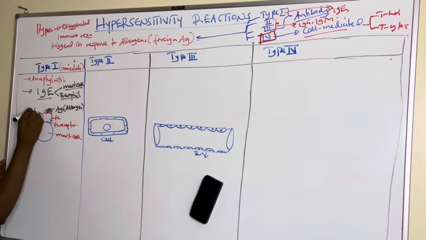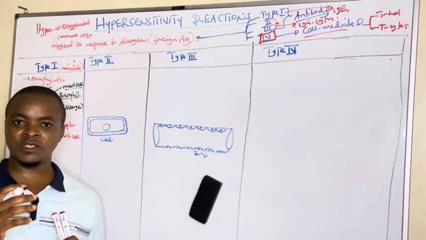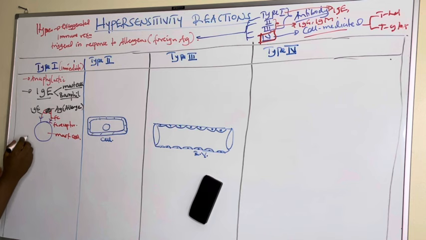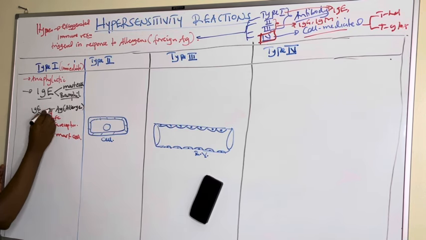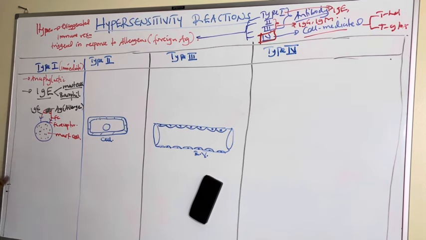So these are the IgE. This is IgE, this is IgE, binding to the Fc receptor using the Fc portion of the antibody. And after binding, they neutralize the antigen, and in so doing, they trigger the mast cell or the basophil to cause degranulation, and this degranulation of the mast cell or the basophil results in